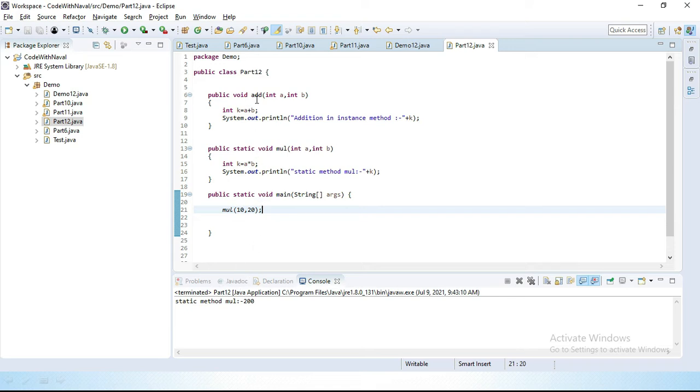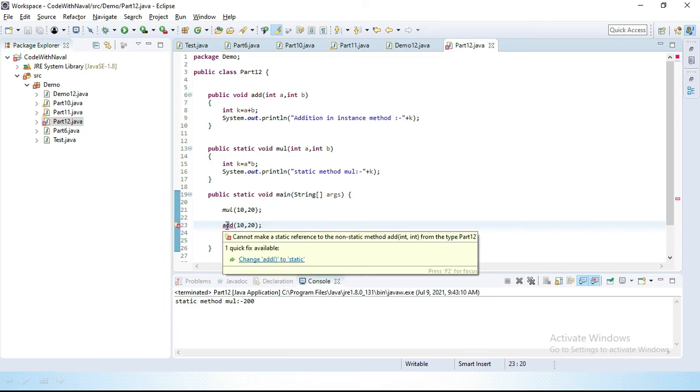Now can we call the instance method the same way? Let's try add and pass the two parameters 10, 20, and save this. You can see we got an error: cannot make a static reference to a non-static method.